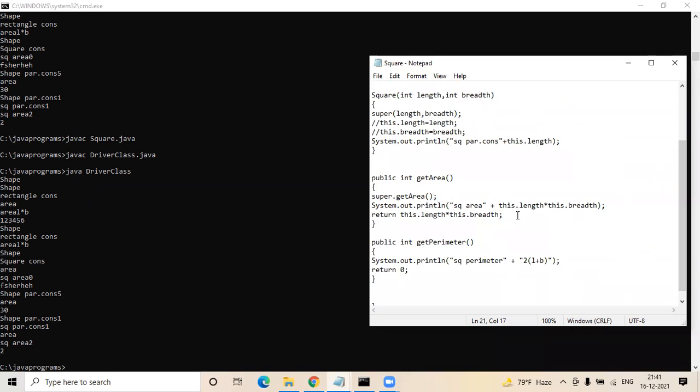So, so far we haven't completed everything. This is just a single inheritance concept, one shape class, and we had one rectangle. And we also tried to create one more thing for square. So we had one parent and two children.